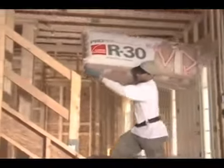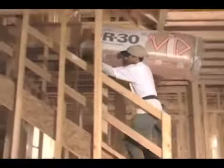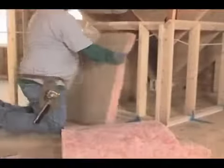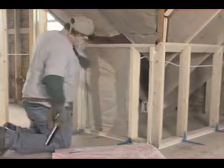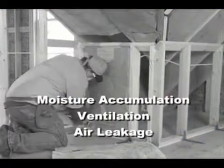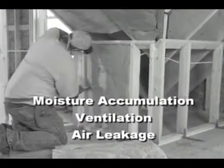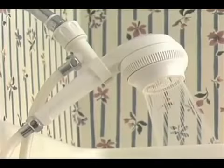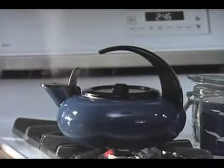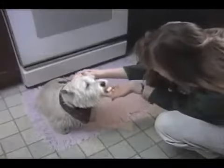There are other issues in building construction that impact the performance of the insulation system, but are not a function or property of the insulation itself. These include such things as moisture accumulation, ventilation, and air leakage. Moisture generated by various sources within the building is generally trying to move through the thermal envelope to get outside. Under the right conditions, this moisture may collect within the wall, ceiling, or floor assemblies, causing material and structural damage